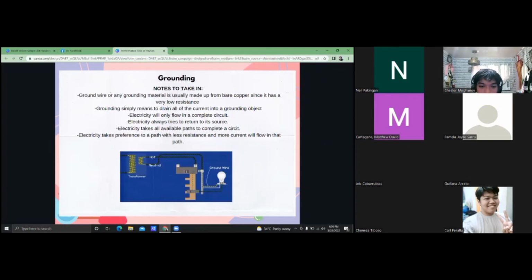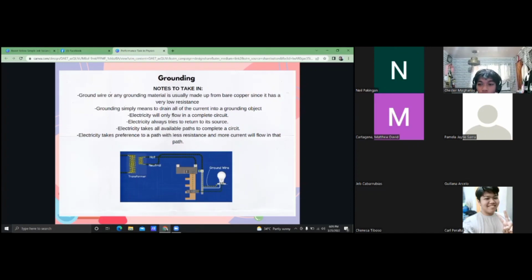The figure below is a common residential circuit in America. There are two wires included in this circuit, which are the hot and neutral wire. The hot wire travels through a bus bar and next through a bulb. After the bulb, it travels through the neutral wire back to its source, which is the transformer.